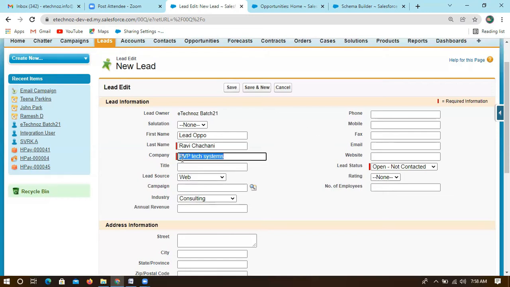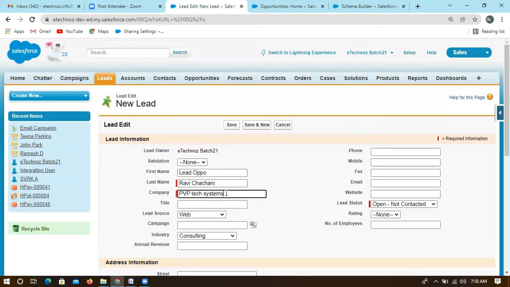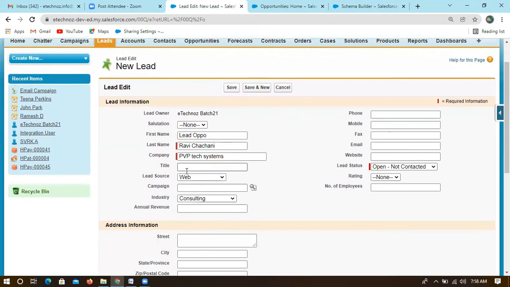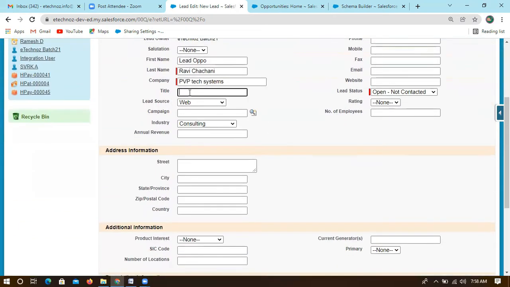This is a client, a customer who is buying products from HCL, let's consider. Title we can give like Mr. or Mrs. This is from a web campaign. Industries, annual revenue: I'm defining the company's annual revenue here. Number of employees for the company, 50.